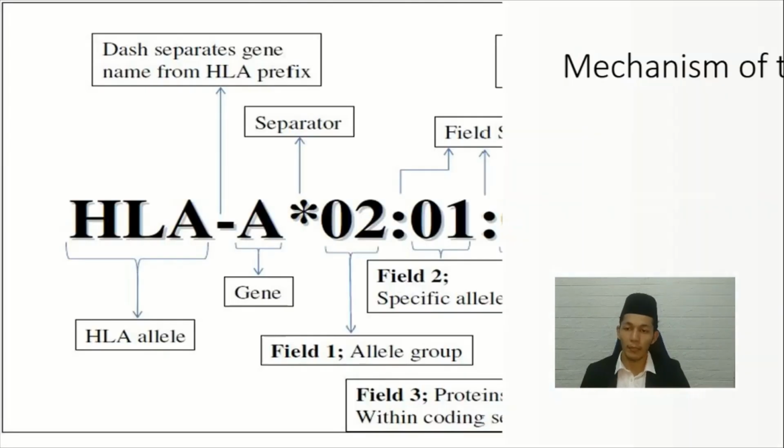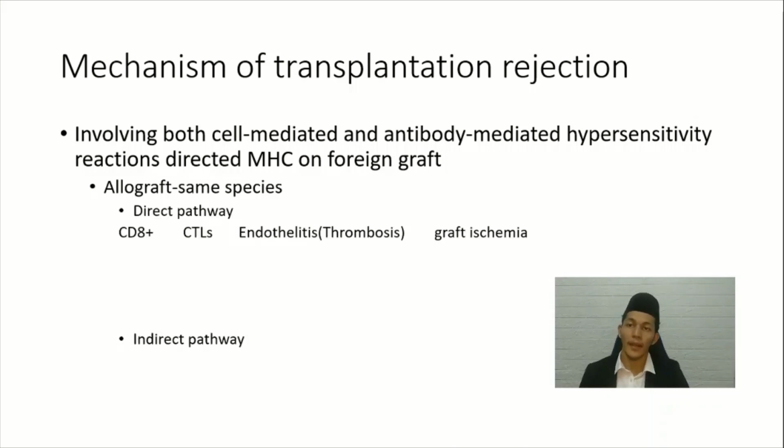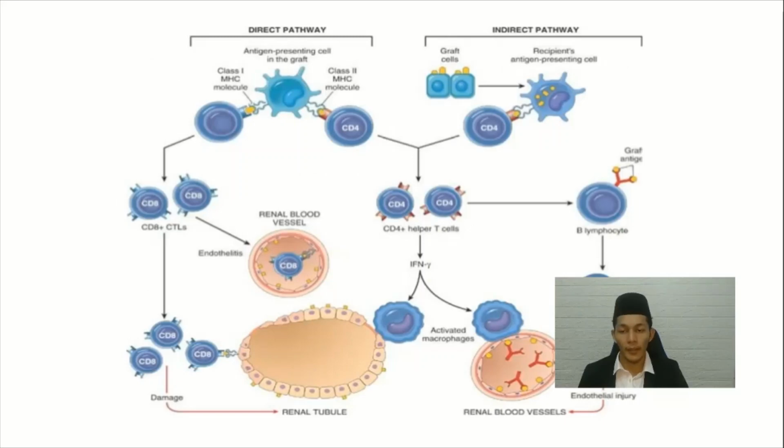So next is the mechanism of rejection. Transplantation rejection involves both cell-mediated and antibody-mediated hypersensitivity reactions directed at MHC on the foreign graft. There are 2 pathways, the direct pathway and the indirect pathway. The direct pathway is initiated by APC that express class 1 and class 2 MHC molecules. The class 1 MHC molecules will be detected by CD8+, also known as cytotoxic lymphocytes, which activate and duplicate and attack the foreign organs. The attacking process will cause the cells to release cytokines, and it will lead to inflammation,